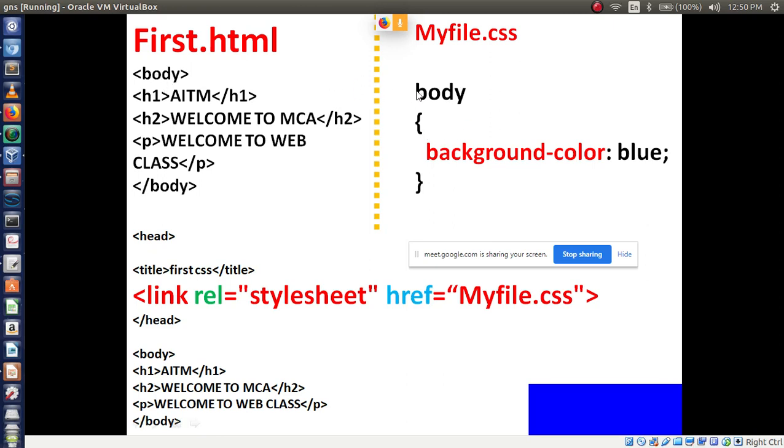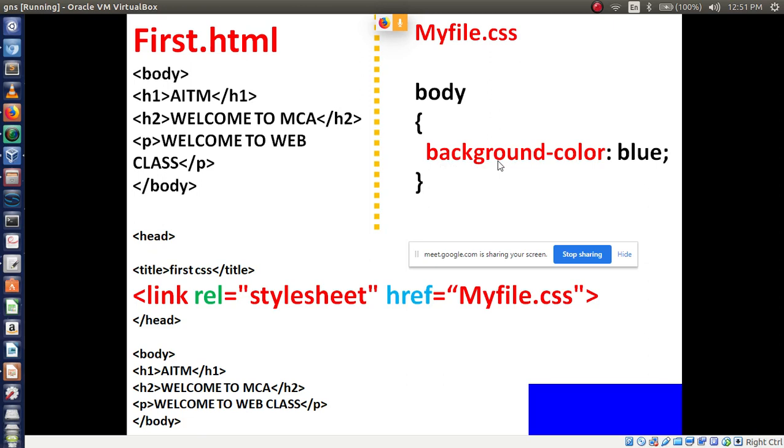So first I am using the body tag. Body is my selector followed by an open bracket, then I am changing the background color. Here I am writing background. In previous examples you wrote bgcolor, but here I am writing the whole keyword, background.